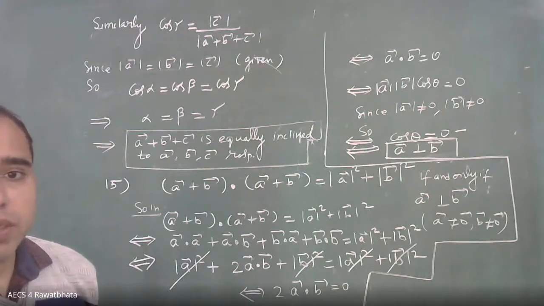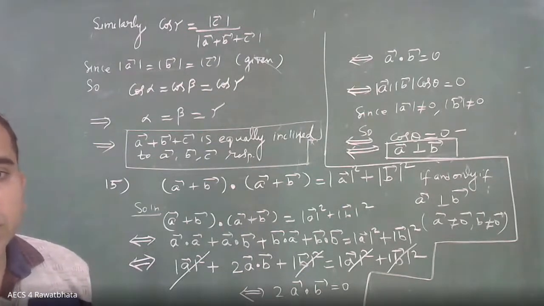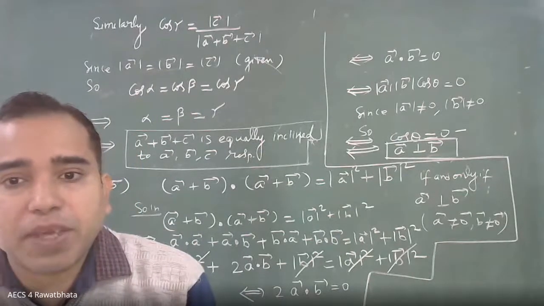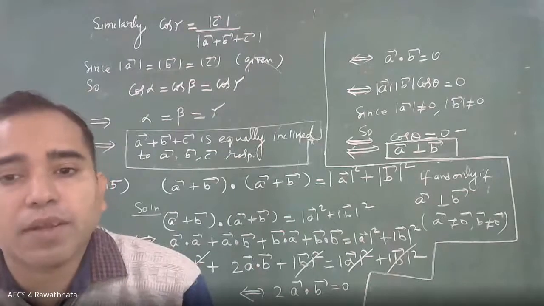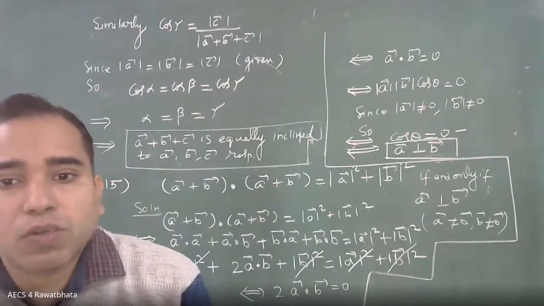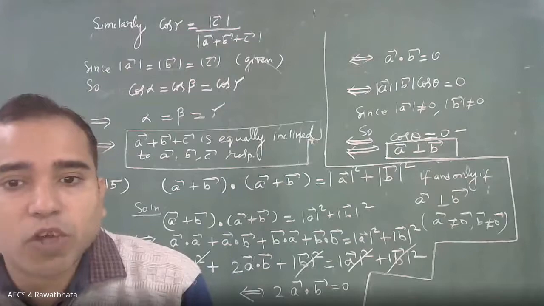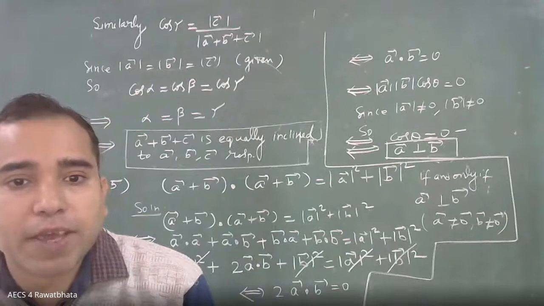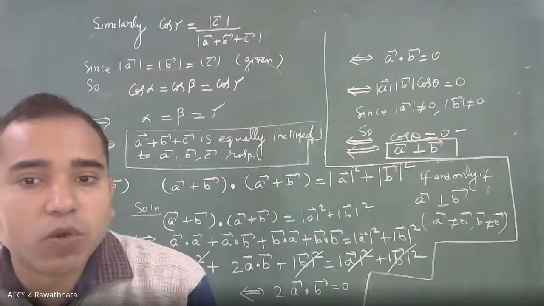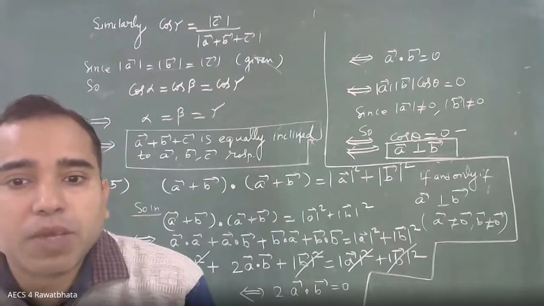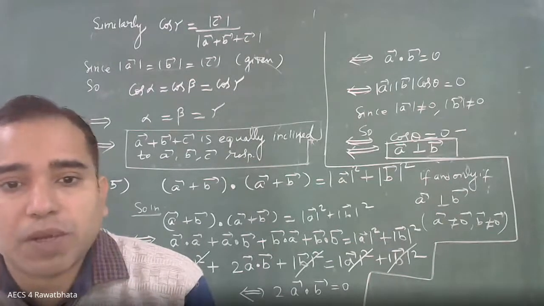The 15th question was this. The next question is the 16th. What should be the answer? If theta is the angle between A and B and A dot B is positive, that is only when AB cos theta is positive. So in which quadrant is cos theta positive? Which will be the option in the 16th? Option B. Actually A and B both are fine, but because the equal to sign is attached in B, A dot B greater than or equal to 0, option B will be right.